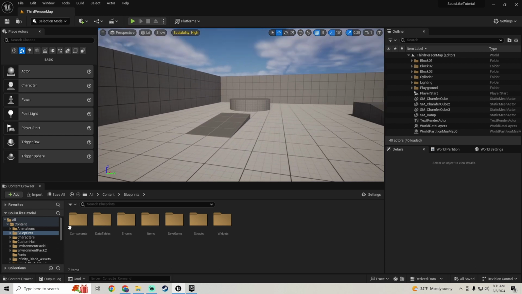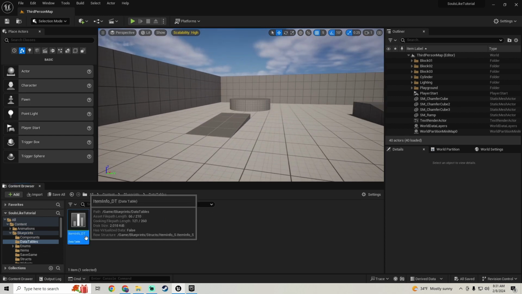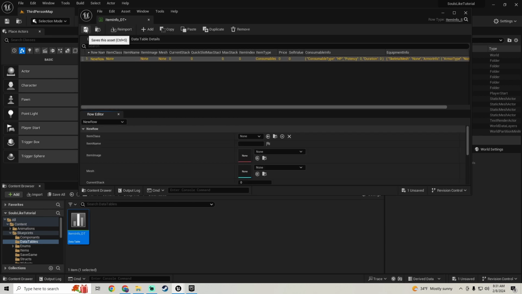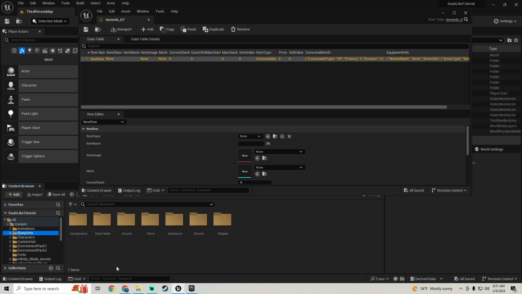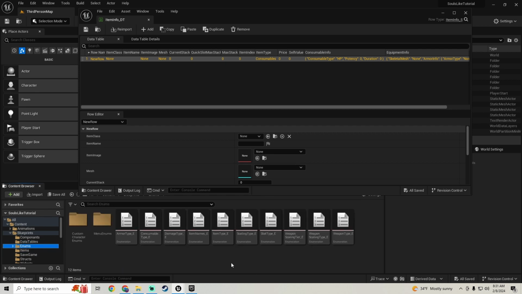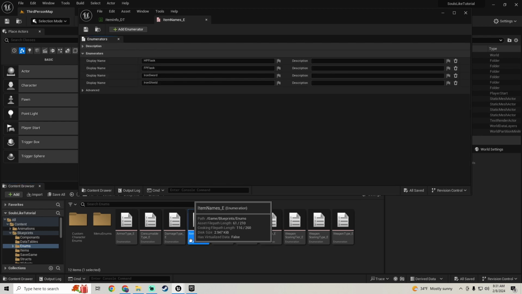So let's go to our blueprints, data tables, item info, data table. We don't have anything in here right now, so we're gonna add a row. Just press the add up there, and now we'll go into our enums. Item names right here,